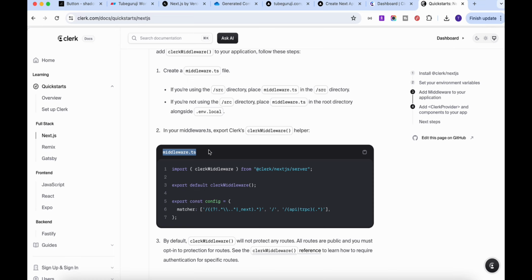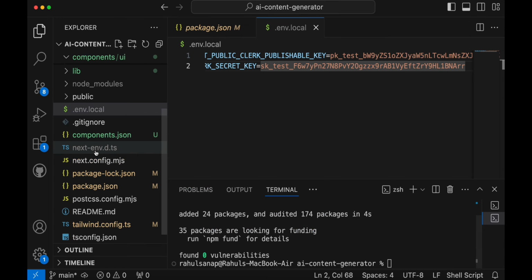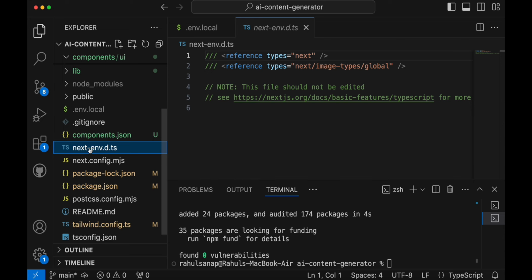Now this middleware.ts is very important, and it is used when you want to protect some of the pages and want to add authentication in order to access those particular pages. That's where we need to configure that in the middleware.ts file. So first thing, we'll create this middleware.ts file inside the root directory,